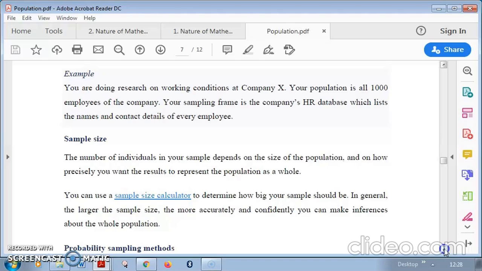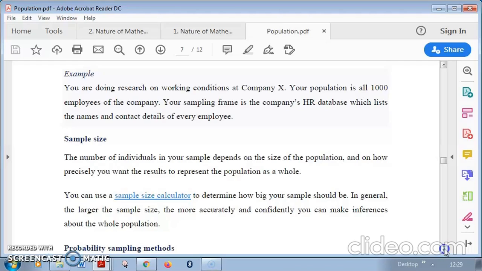Population size will be known using the sampling frame. In the sampling frame, every unit is listed. All the details are elaborately listed. From that particular list, you are going to select the sample. Suppose there are 1 lakh members in the population. From that, what is the sample size? So I am going to take 100 people, or I am going to take 200 people. How many people am I going to take as a sample?